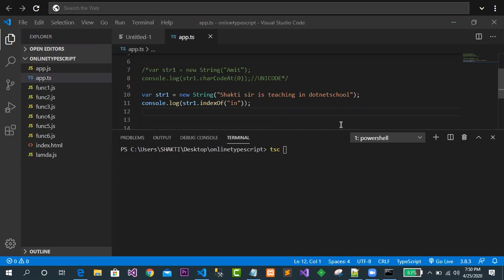Anyone from your side who can say what is the output of this? 19, 24. Anyone? Prabhat is telling 23. Siti is telling 23, 24, 24.